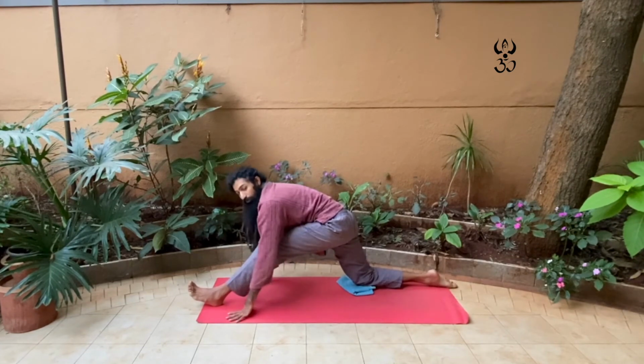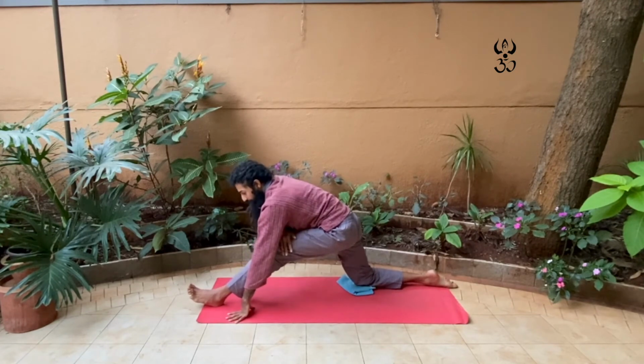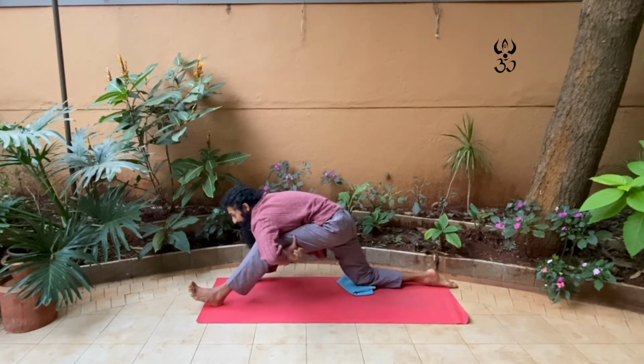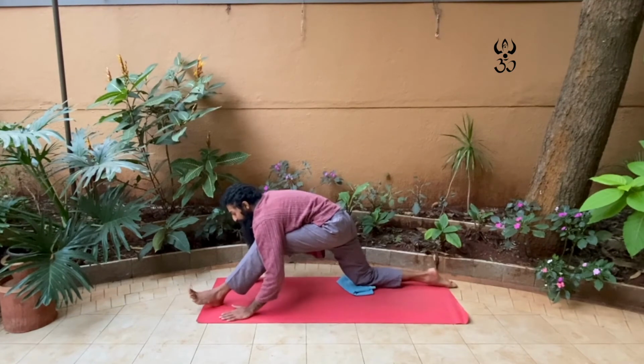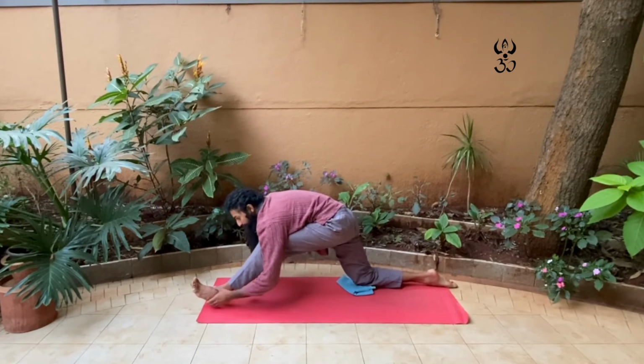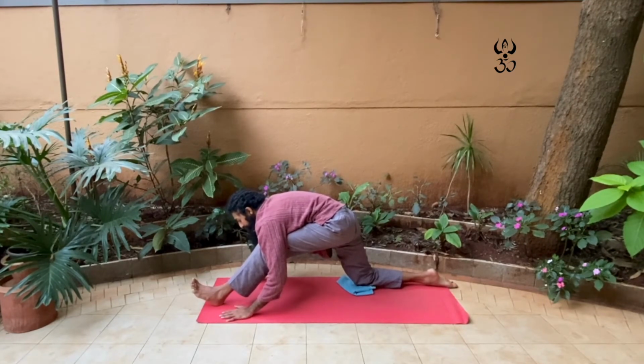What I want you to do is to place your left rib here on your left thigh. So placing the left rib on the left thigh, bending the left leg as much as is needed for that, and then keeping that connection between your left rib and the left thigh, and only then trying to straighten. So it's okay if you don't manage to straighten all the way. Breathing here for 3, 2,